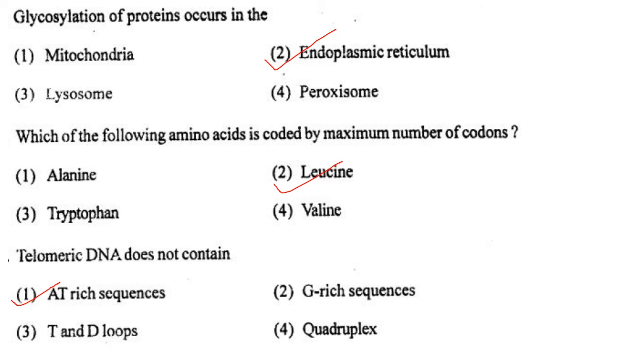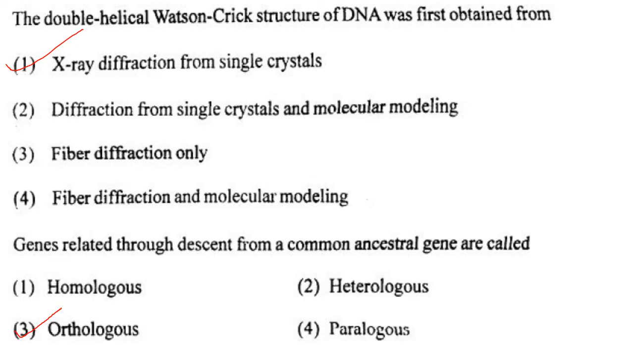Telomeric DNA does not contain option 1, AT-rich sequences; 2, G-rich sequences; 3, T and D loops; 4, quadruplex. Answer is option 1, AT-rich sequences. The double helical Watson-Crick structure of DNA was first obtained from option 1,